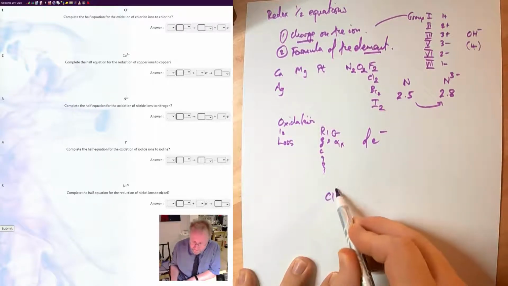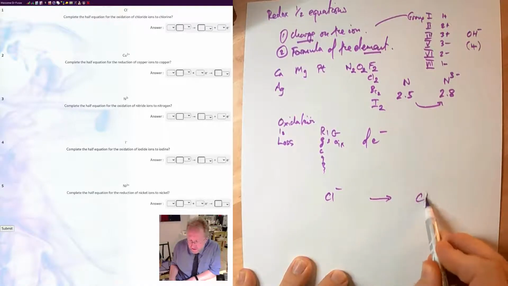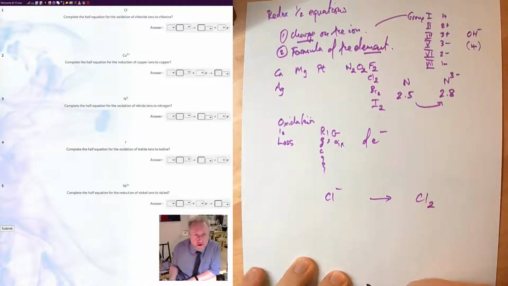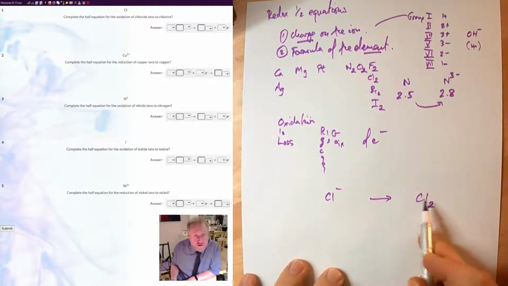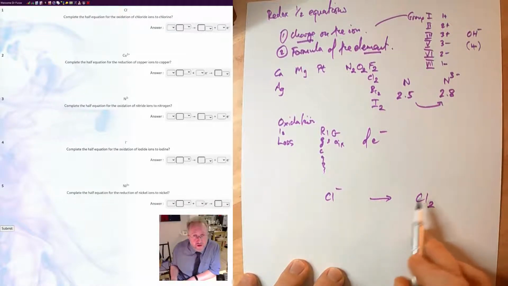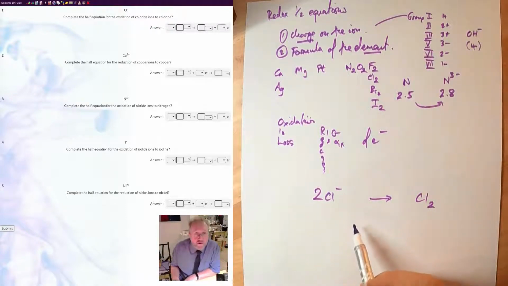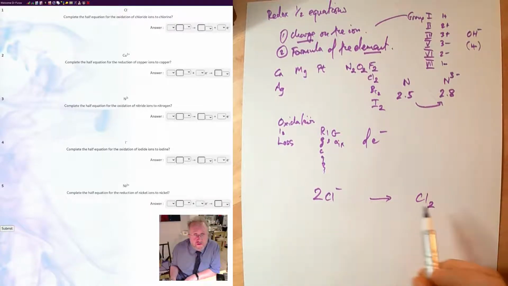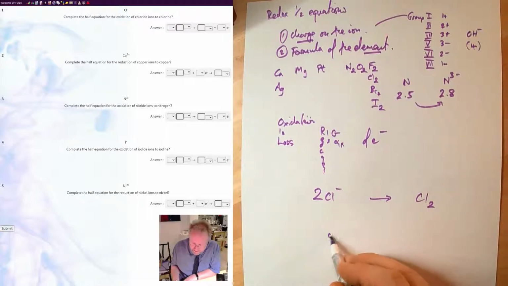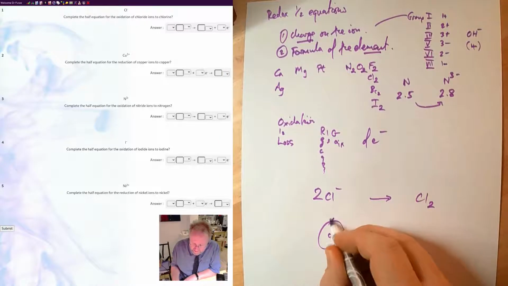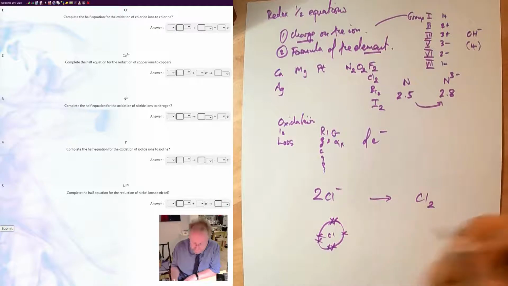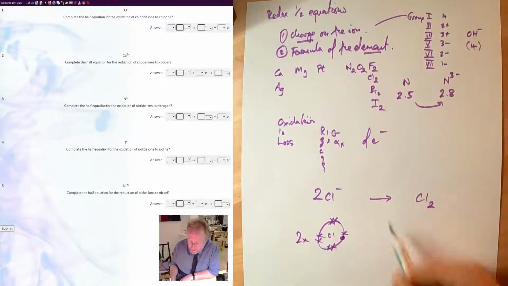So chloride ions are Cl minus, forming chlorine will be Cl2. It's a diatomic molecule. Now we have 2 atoms here in this molecule, so we're going to need 2 ions here. So we're going to have 2 Cl minus goes to Cl2. Now, what's actually happening here? We've got Cl, and Cl minus has 1, 2, 3, 4, 5, 6, 7 electrons to itself, and it also has this extra one, and we've got 2 of those. And when it forms chlorine,